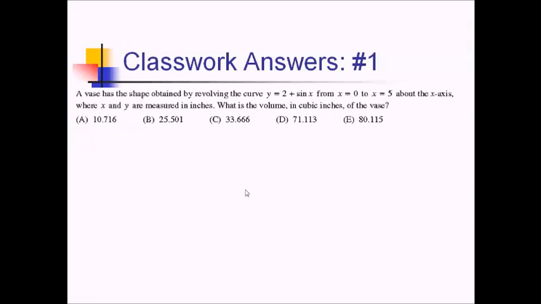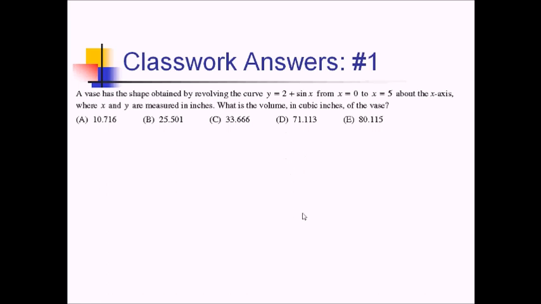For this problem, we're told that we have a vase with a shape obtained by revolving the curve 2 plus sine of x from 0 to 5 around the x-axis. We want to know the volume in cubic inches, like it matters because they're giving us the units, of the vase. All right, so for this one, because we're just taking the area under 2 plus sine of x